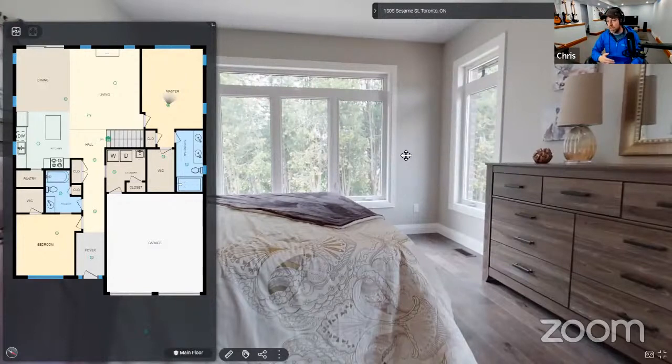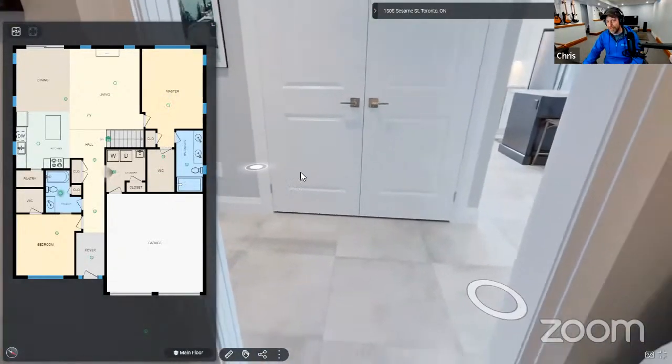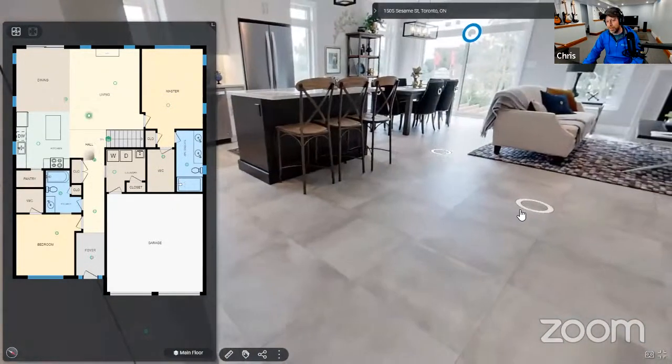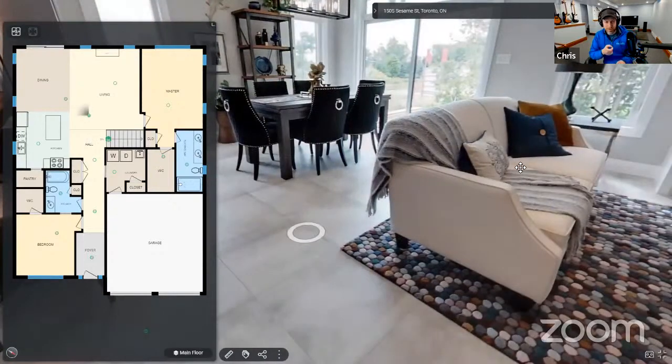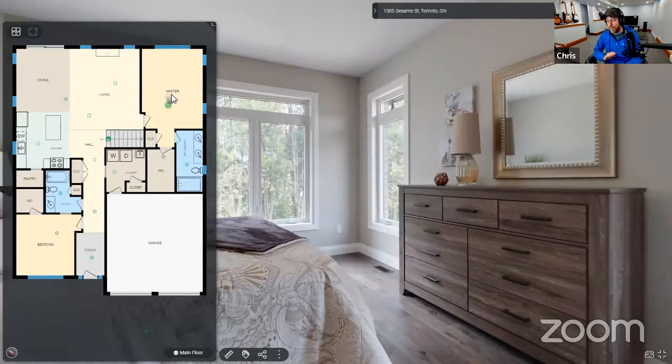So a huge advantage here is that if I'm a serious home shopper and I'm trying to figure out the answers to my questions, they're almost always the same. I have 3 kids. So it's like, what do the bedrooms look like? I'm not going to walk visually around the property for 15 minutes trying to find the bedrooms. I'm just going to look at the floor plan and click on the bedroom. And that is fantastic when you are trying to get the information that you want right away without fussing with it. So that's a huge advantage.